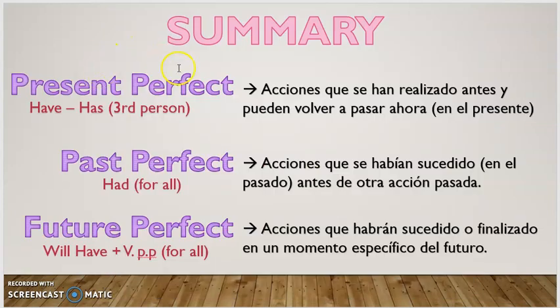This is the summary of the topic. So remember that present perfect is for acciones que se han realizado antes y pueden volver a pasar ahora, en el presente. And we use have and has as the auxiliaries. Remember that has is for third person. Past perfect, had for all. Acciones que habían sucedido, que habían sucedido, ¿ok? En el pasado antes de otra acción. And future perfect, acciones que habrán sucedido o finalizado en un momento